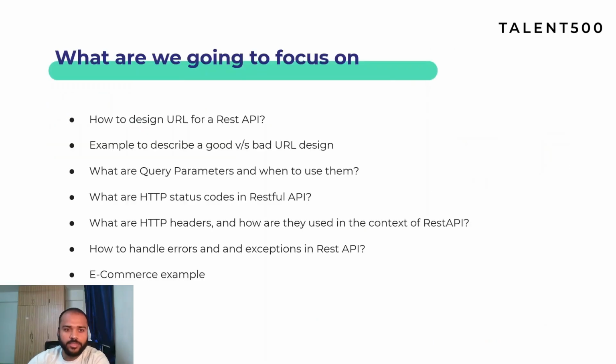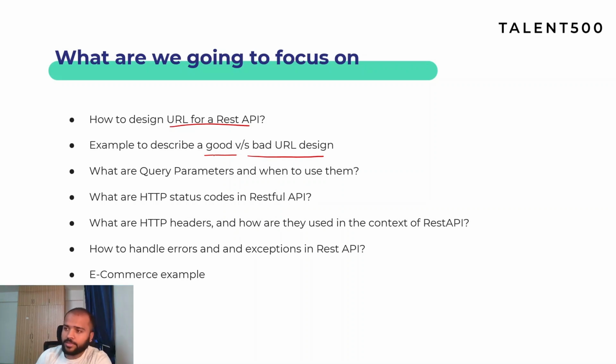First of all, we'll discuss what is the agenda for today. So today we are going to focus on how to design a URL for a REST API. As we discussed earlier in our previous video, REST APIs revolve all around URLs, and URLs are a very basic building block when you try to define the contract of a REST API. So we will today discuss how to design a good URL for a REST API and how a bad URL